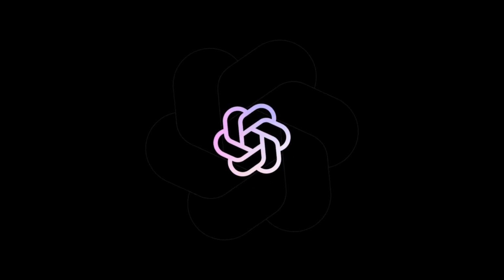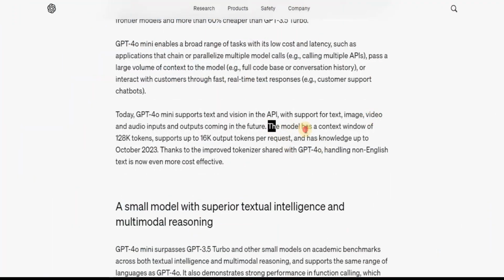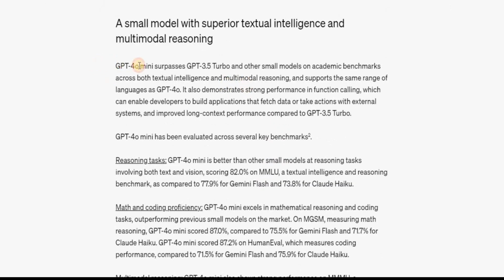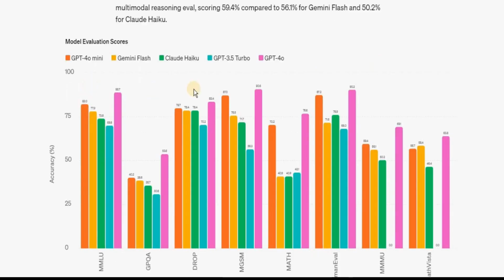OpenAI has just unveiled a new addition to its AI model lineup, the GPT-4o Mini. Similar to GPT-4o, the GPT-4o Mini also has a 128K context window. This means that you can easily upload a book as an input and it will provide you the answer for that. The GPT-4o Mini outperforms GPT 3.5 Turbo in textual intelligence, scoring 82% on the MMLU compared to 69.8%, and